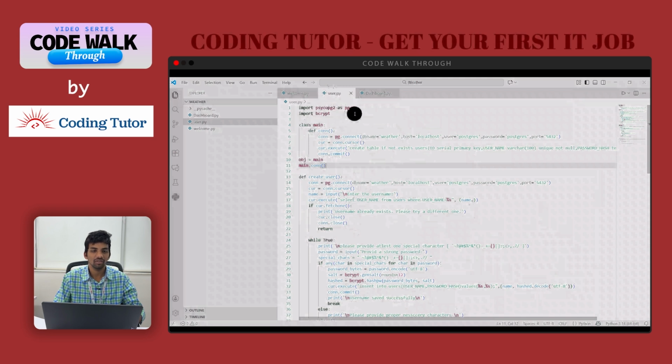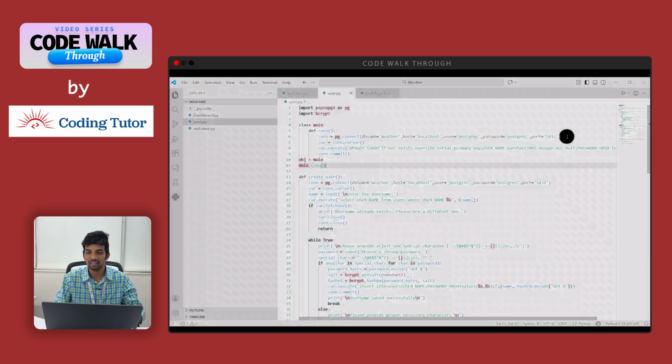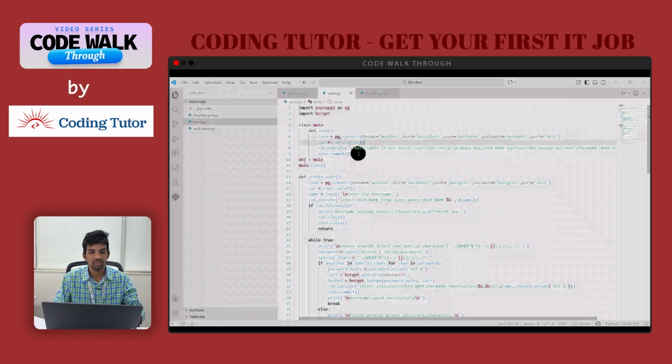Here I have imported two modules, psycopg2 as pg. I have created a class called main. Inside that I have created a def method called connection. Here I have integrated my connection and credentials with the database. With cursor equals con.cursor, it will try to